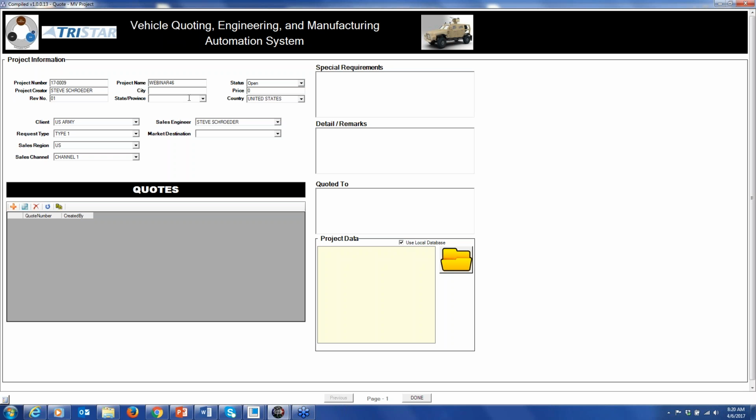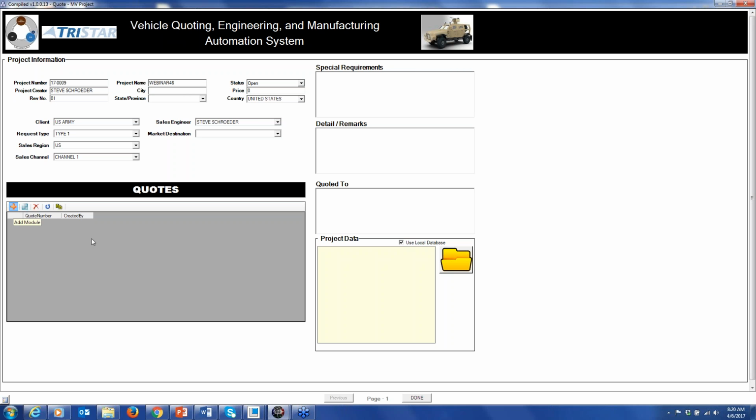So they might set up a project as, hey, this is a new service station we're quoting for Chevron or Shell, and we're going to give them a few different quotes with different configurations of coolers, and they can choose the best one that they want. So this again is an example of putting some high-level project information, and then from there we could develop